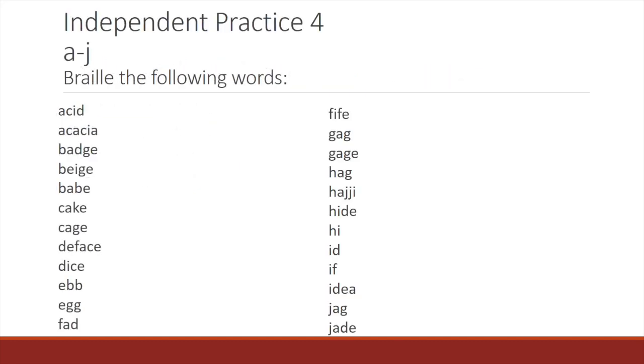Here is Independent Practice 4 for the letters A through J. Braille the following words that are listed in 2 columns. The first column of words to be brailled are acid, acacia, badge, beige, babe, cake, cage, deface, dice, ebb, egg,